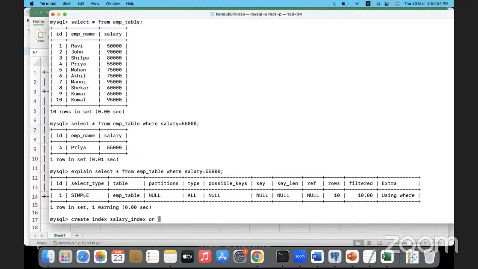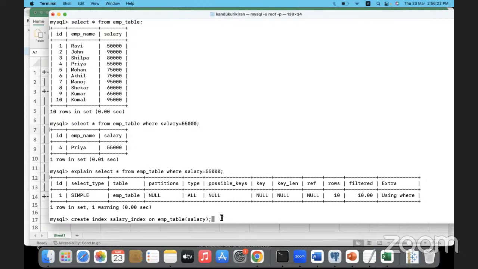On which table are we creating this index? On the employee table. On which column in the employee table? The salary column. So the index name, you can give anything, but generally it is good if you give the name of the column followed by index. It's easier for us to understand on which column we have defined it. Simply for our own convenience, we can do this. Okay, so I'm creating an index with the name salary index on the employee table